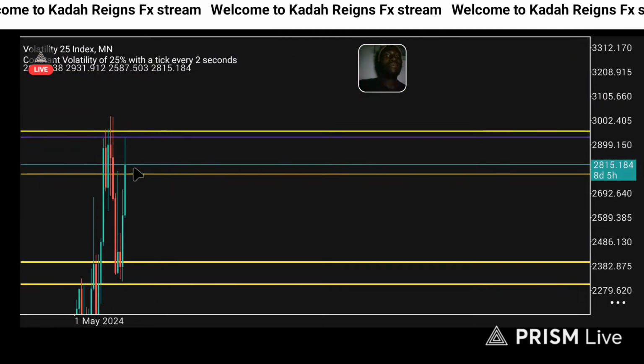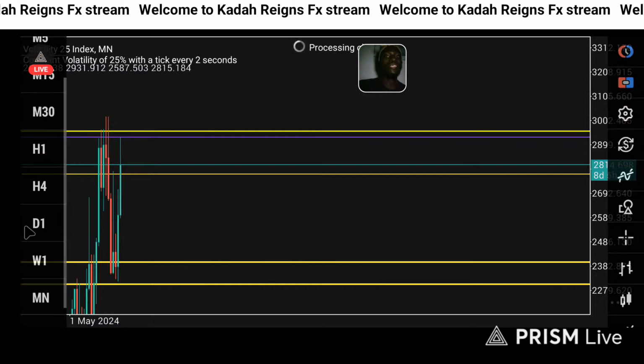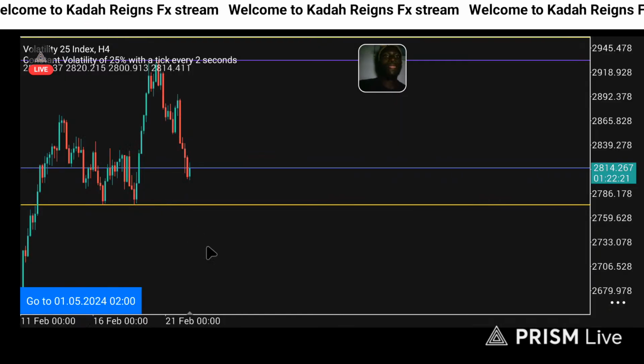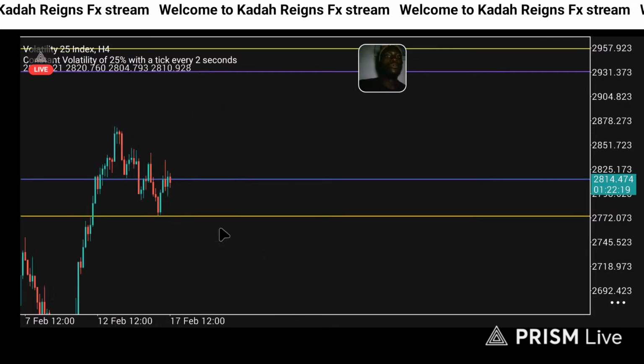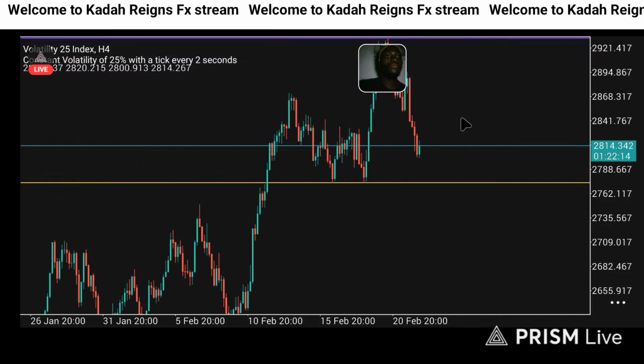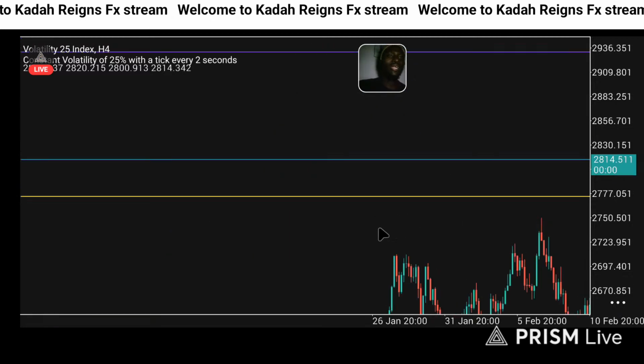There are 8 days left for the monthly candle to close. So there are a lot of days, man. Price can start changing, right? So basically we are expecting price to go up. So that is how you should be analyzing the chart.